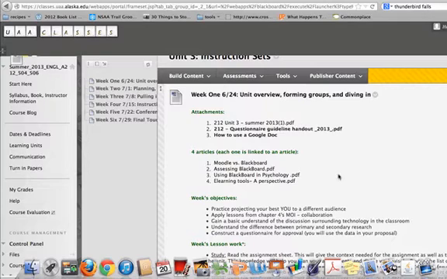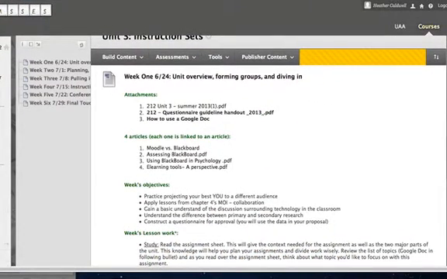I do recommend that you work in Google Docs, and so there's a how-to Google Docs here, and it's our attachment number 3. The reason why we're doing this is because all of you, through your UAA email accounts, have access to the Google Docs, and so I'm going to take you through a quick how-to with that as well. So this is a great place for you to start working and getting familiar with it as you're working through your